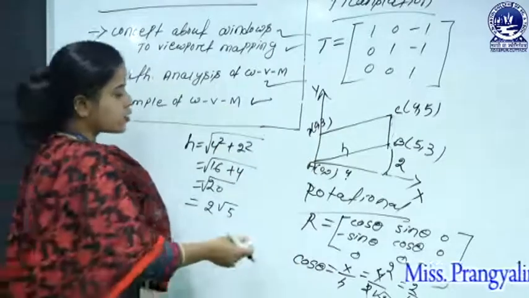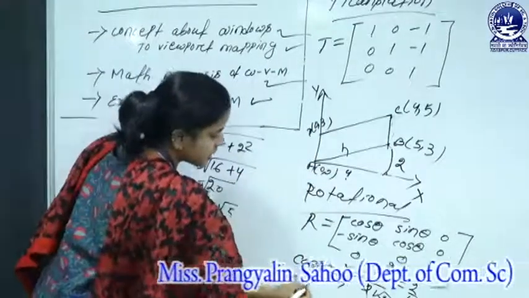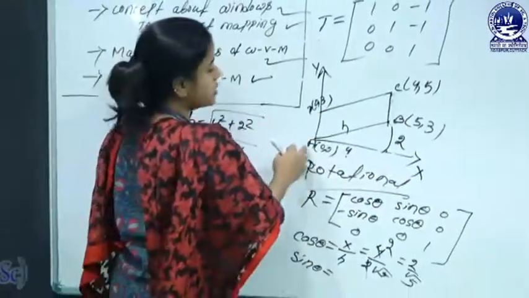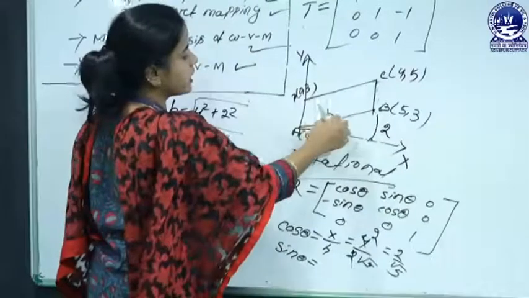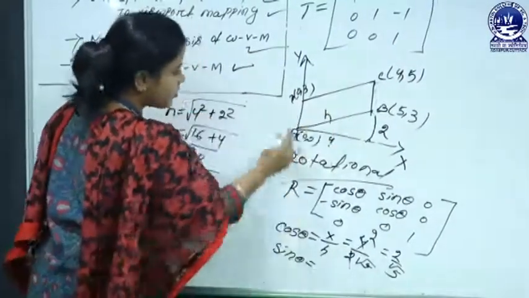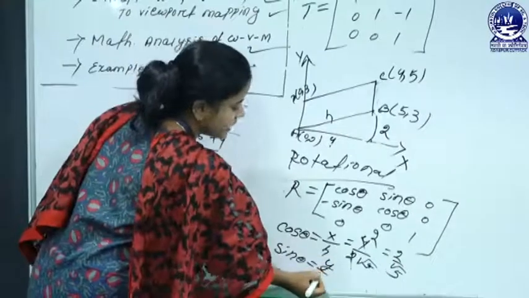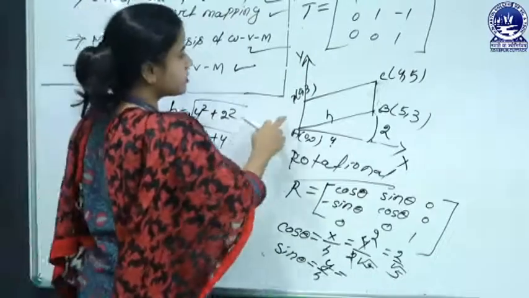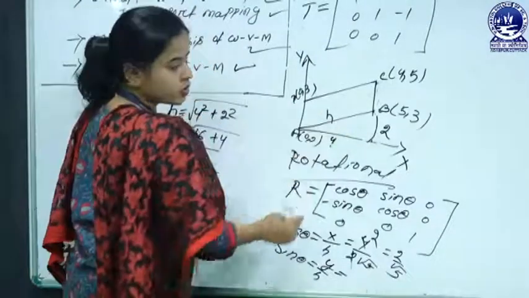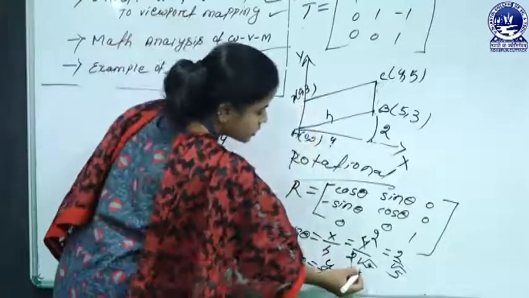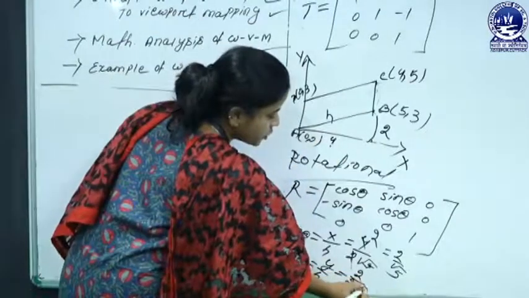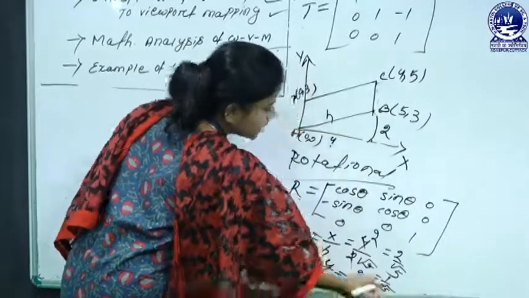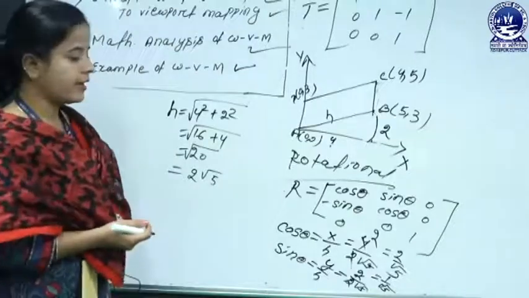Okay. Now to find the sin theta value, the same way. The sin theta value is found by using the perpendicular value, which is the side adjacent to the given length. Here the formula is y coordinate divided by h. So now to find the y value, here the y coordinate value is 2. 2 divided by 2 root 5, the 2 cancels, so sin theta is 1 by root 5.